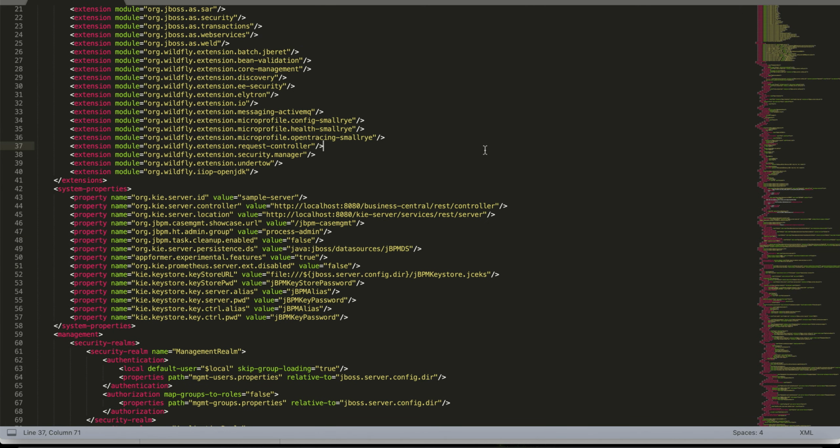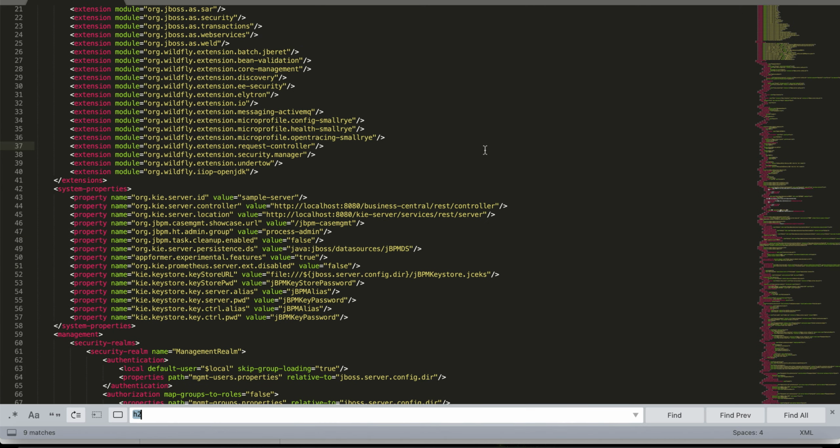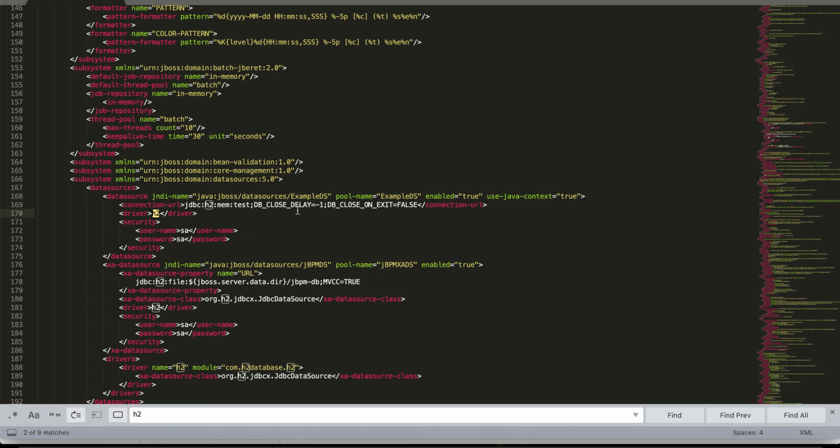And anything related to the database setup. By default, in case of jBPM, we use the H2 database. When you search for H2, you will see in the data source we have the H2, and all the connection URL and the drivers that we use for connecting with the database are maintained here. But if you want to have your custom database, like PostgreSQL or MySQL, you can change this data source section.